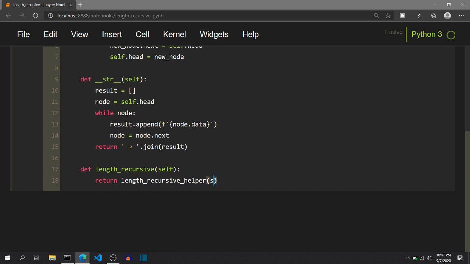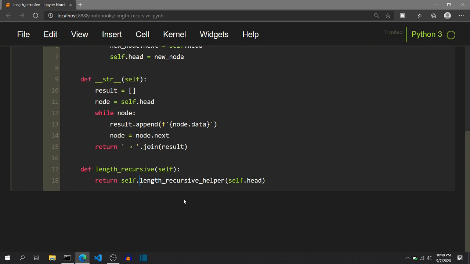Inside this we will pass self.head, that is, we want to start the calculation of the length from self.head. And this will be an instance function, so we need to call it like this: self.length_recursive_helper. So we know which node we are talking about.